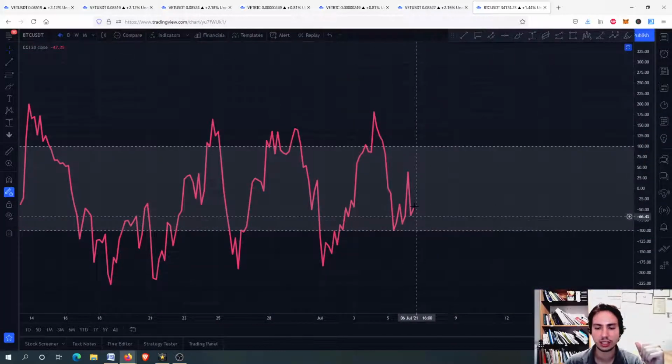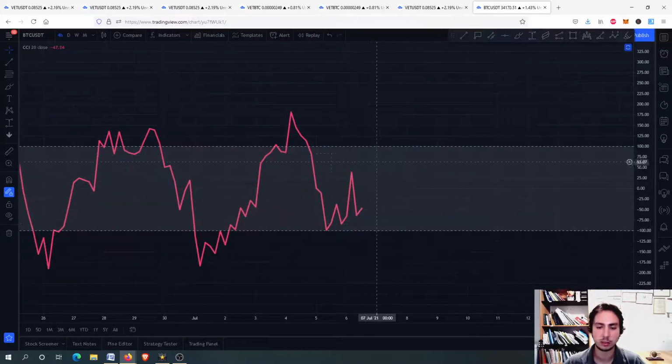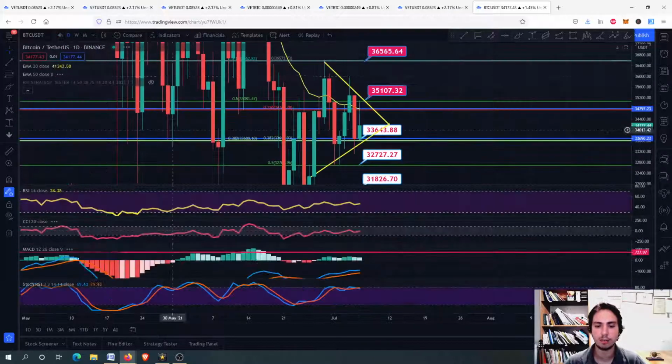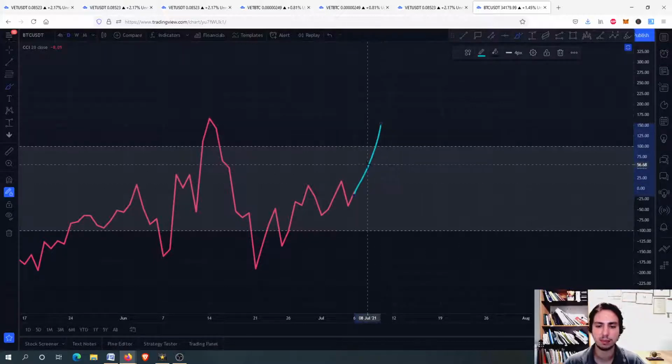And unfortunately, the risk metrics don't help us so much. We are between minus 100 and 100 on the commodity channel index, same for the RSI between 30 and 70. The stochastic RSI is in the middle, and if we go to the daily frame, then we might get an answer right there. But what we hope for actually on the daily is maybe to go above the 100 for